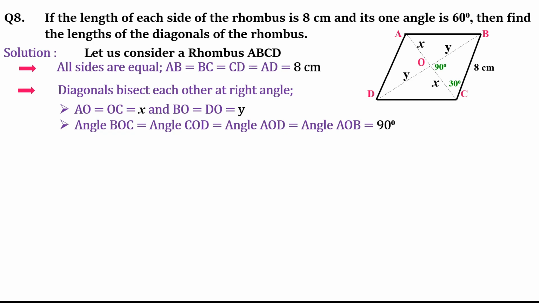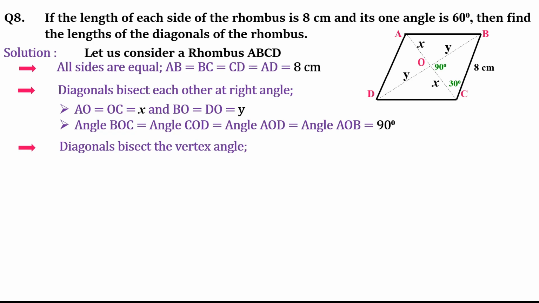Then I have to assign some values also. Let me assume that the value of AC is 2x. When I assign 2x, it gets divided into two equal parts, so AO and OC become equal to x, and similarly let me take BD as 2y, and at O it is also getting divided. This means BO is equal to DO is equal to y. Now in this triangle BOC, I know angle O is 90 degree, BC is 8 centimeter, OC is x, and OB is y.